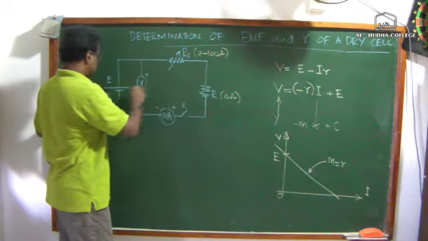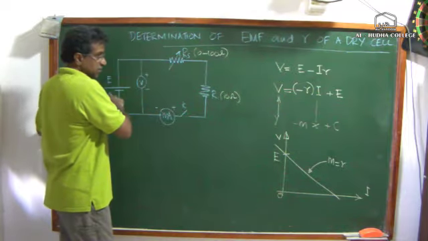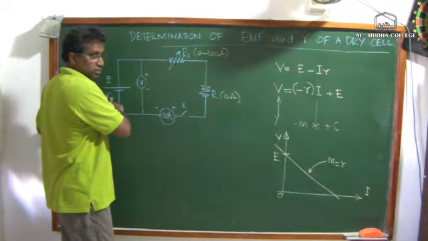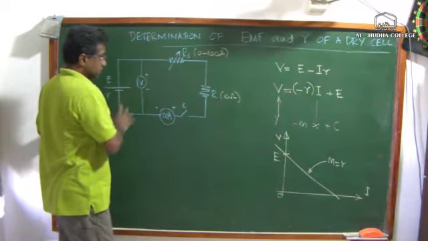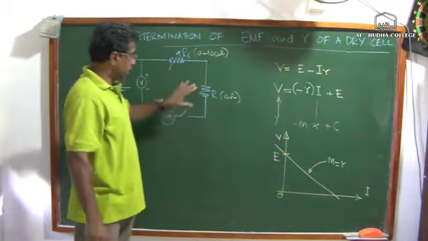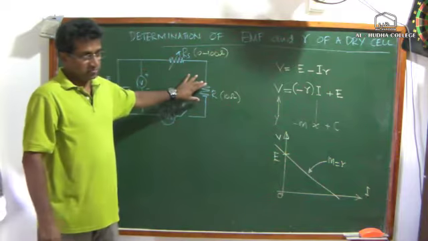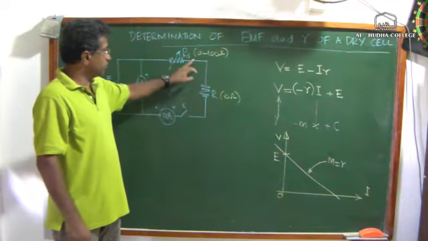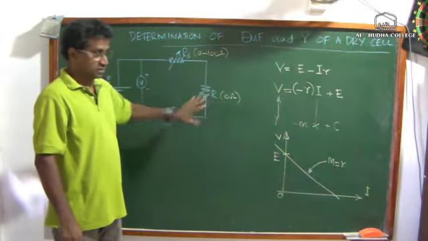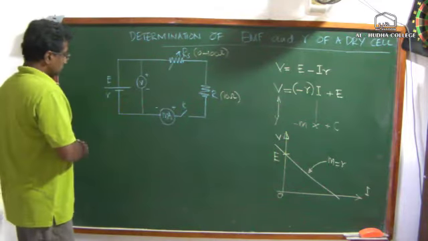It won't be infinite because there is an internal resistance. But the internal resistance is the only element that is going to control the current, right? So in that case, the battery will start heating up. So to avoid that only, we have a permanent resistance here, a fixed resistance, right? So even if you bring it to 0, it doesn't matter, right?